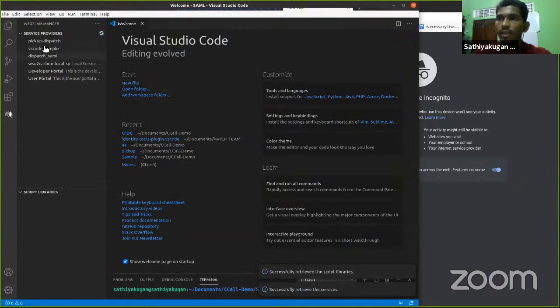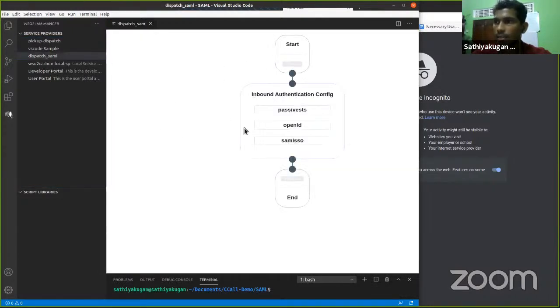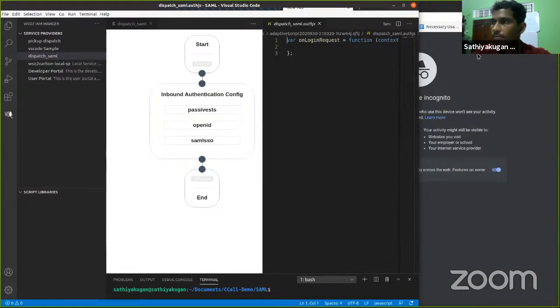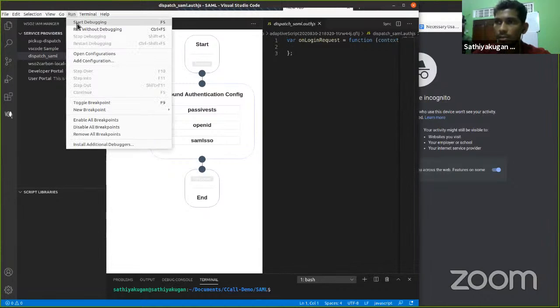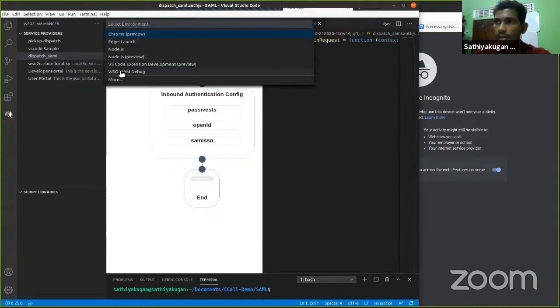If you click the service provider, there are service providers. So if you click the service provider for the SAML application, you could be able to see the SAML diagram. So then you have to first start the debug session. So first start the debugging,